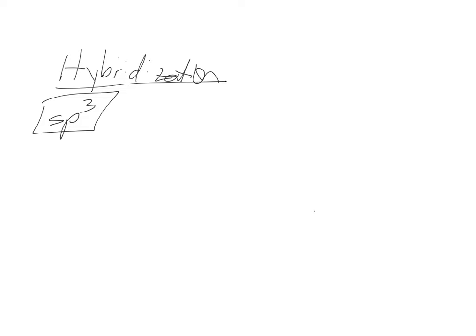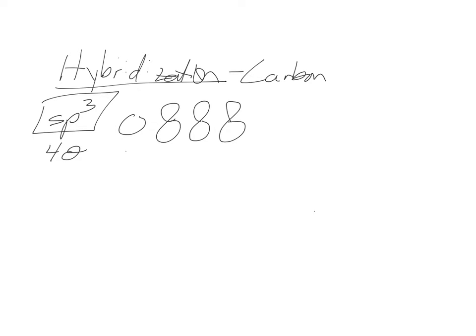The question is, what kind of bonds do they usually have? So if we're talking about carbon, usually carbon's kind of the basis of all of this. So for carbon, it has 4 sigma bonds, no pi bonds. So if you have no pi bonds, that means you have no p orbitals. So what you took was an s and 3 p's. And you're going to hybridize,